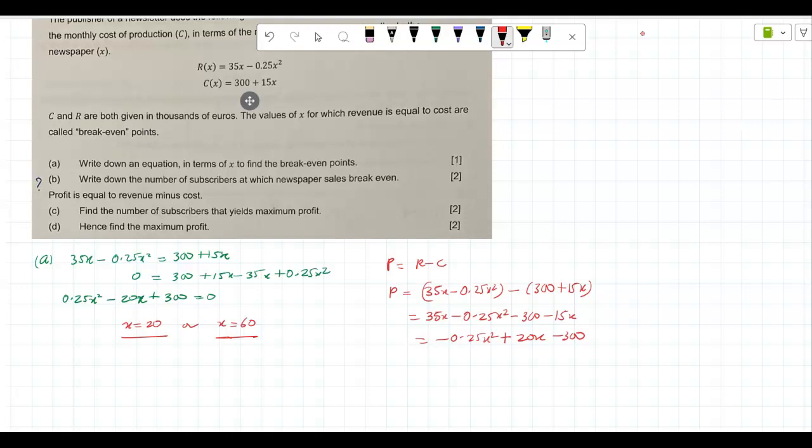So sketch this graph and see when it's max. Sketch this on your calculator. So go to menu, go to graph. So minus 0.25x square plus 20x minus 300. You sketch the graph. If you can't